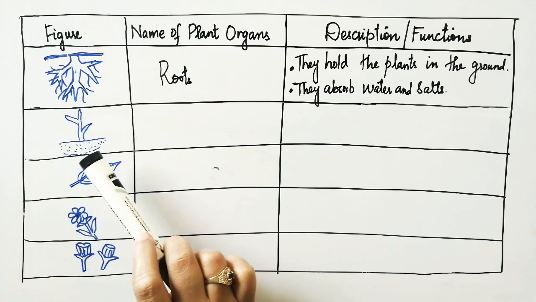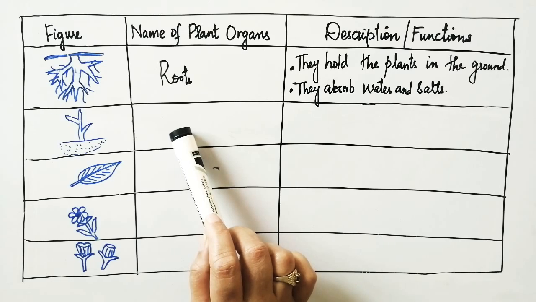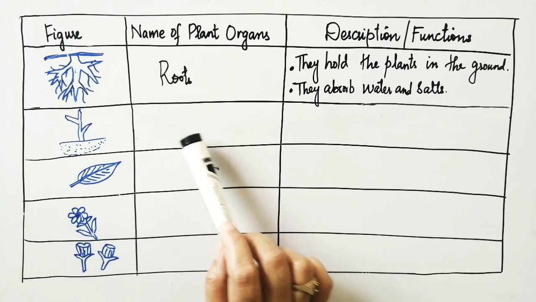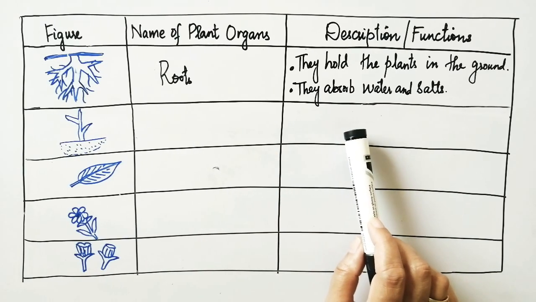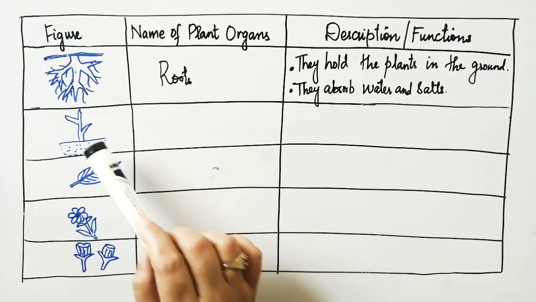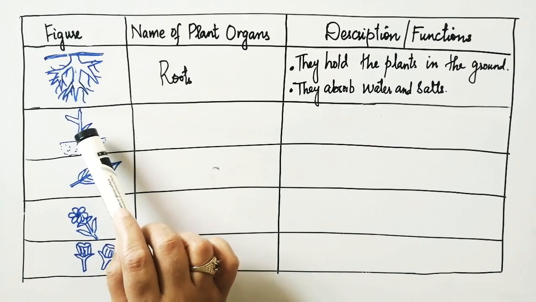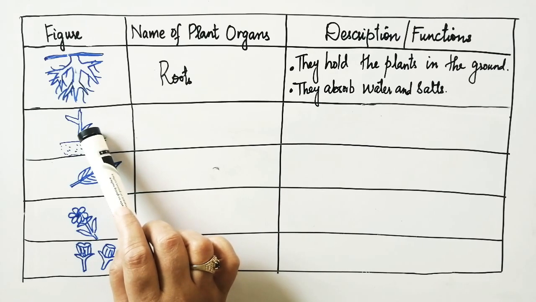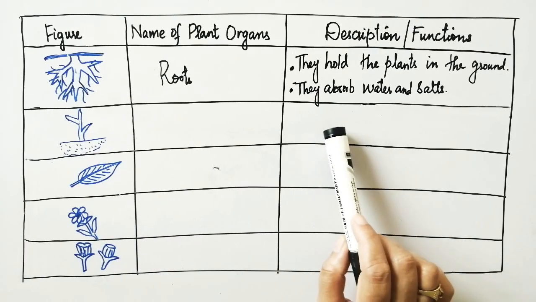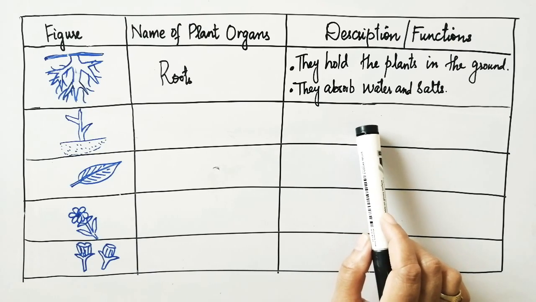Second thing which you have to recognize is stems. Write down name stem over here. Then what function do stems perform for the plant? So stem, you know, is a plant's main supporting organ, and it is present above the ground. Here you can see the ground level, and stem is actually grown above the ground level. And what is the basic function of the stem? It holds the leaves so they can get light for photosynthesis.